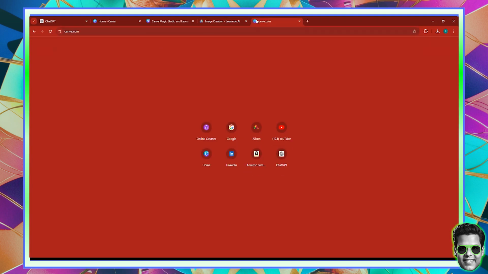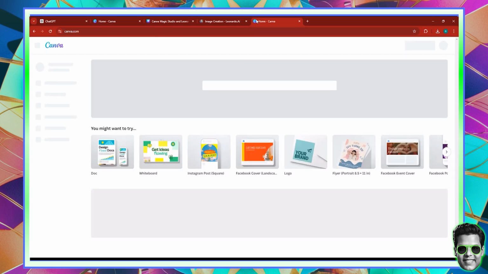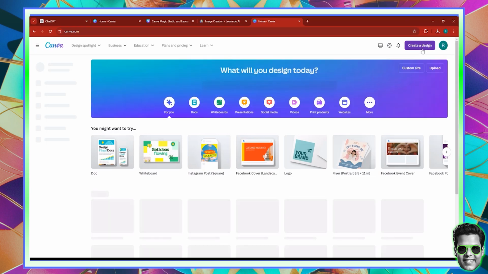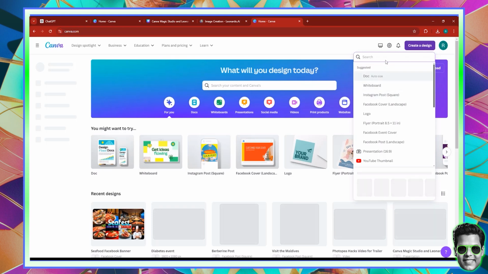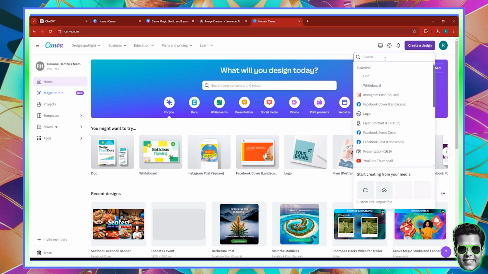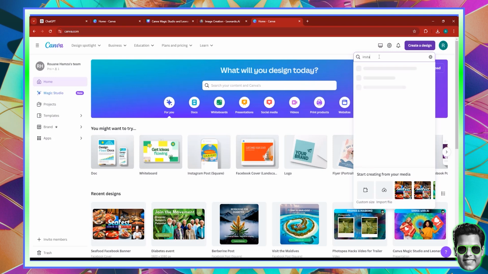At the same time, we can go to canva.com and kickstart the process by creating a new project with the Instagram measures. Click create a design and come over here and search for Instagram. Obviously here there's Instagram post, but that's not the one that we're going to be using in this case.